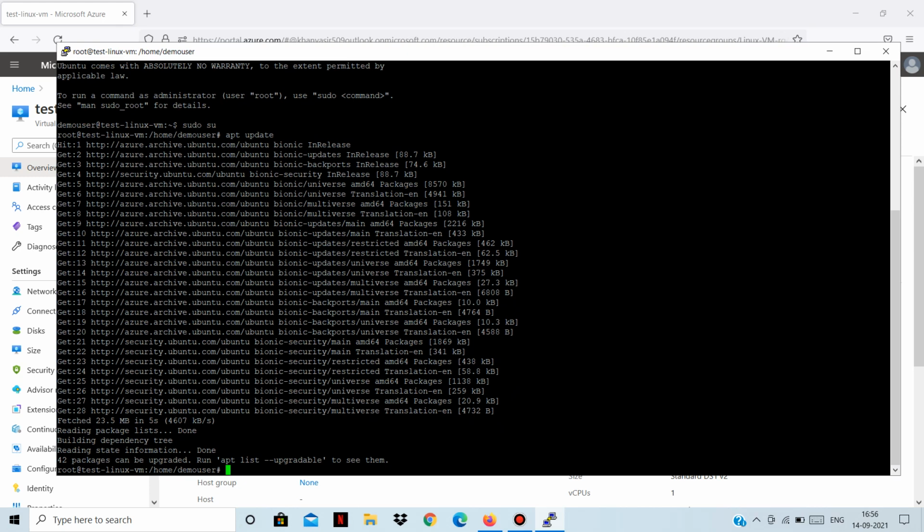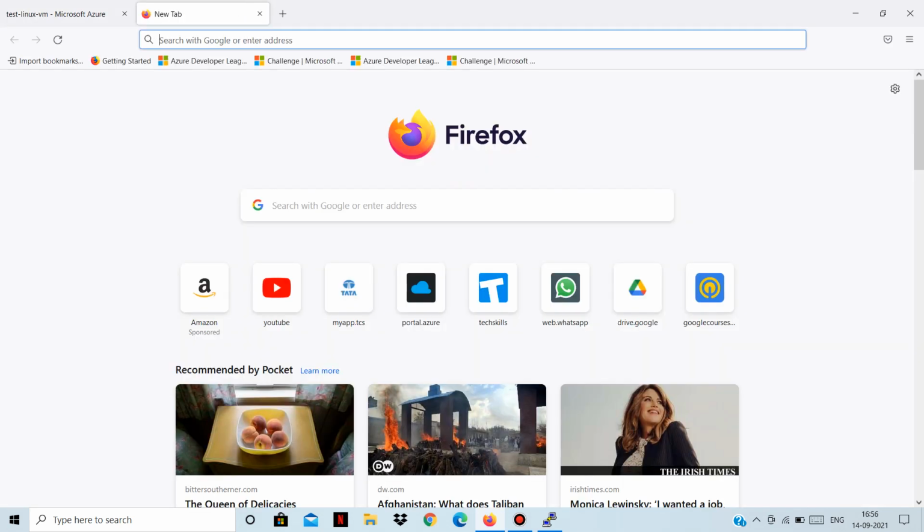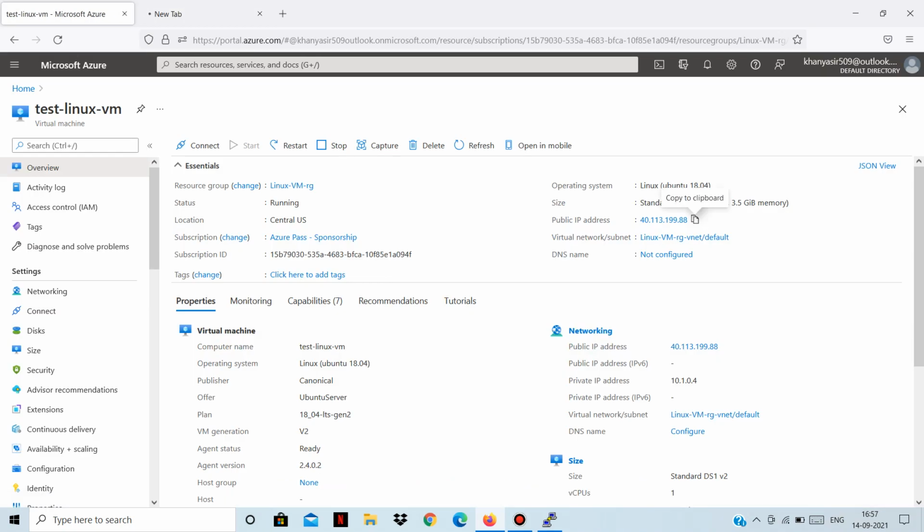Now before installing the Apache web server, let's see if we get anything if we run this public IP. So currently there is nothing running on this Linux virtual machine, so that's why we aren't getting anything. So now we will install Apache web server.